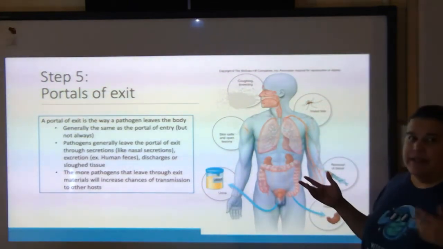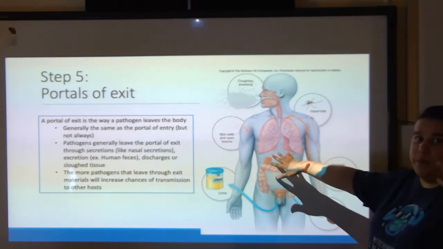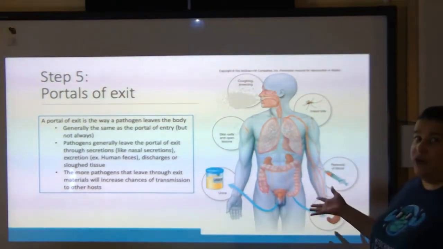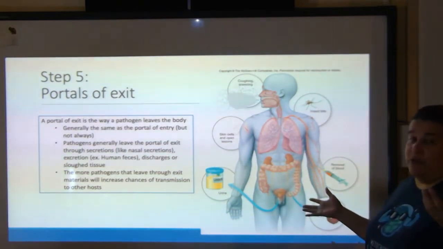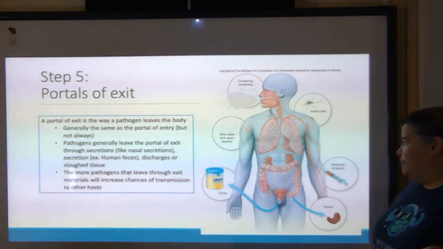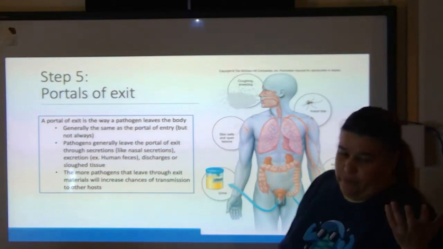So we've got coughing and sneezing, we've got vectors like mosquitoes, we've got skin cells or open lesions where there's infection there. We've got urine that has a UTI. Fecal material, even the blood, HIV,